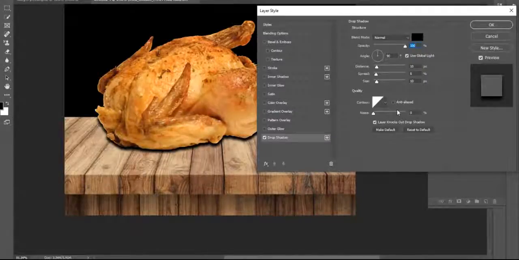When I apply drop shadow, I mean the shadow will drop, and I just change the angle of my drop shadow, distance, spread. I need a small spread and size. Right, I press OK here.